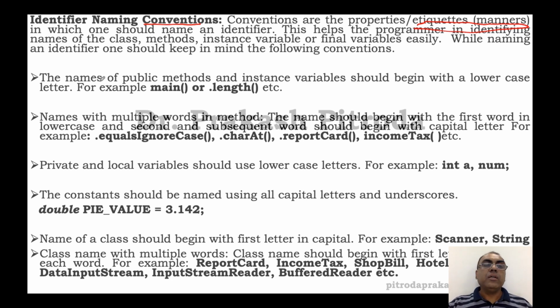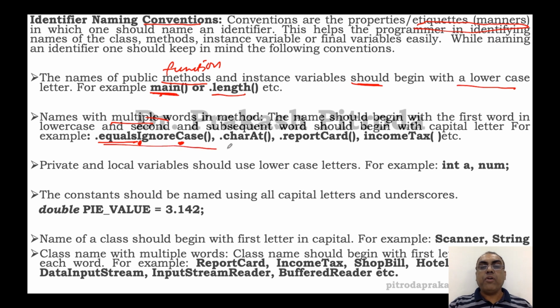So, for example, here it says names of public methods. So, names of methods, that is nothing but functions. Function name, like public static void main is a function name, you can write your own name as well. He said should, it's not must. Okay, so etiquettes, all right, you should follow, should begin with a small or lower letter. So in short, they are all small letters if the word is a single word. But if the function name is multiple words, then it should begin with a small letter, but the second and subsequent words should have a capital in them.